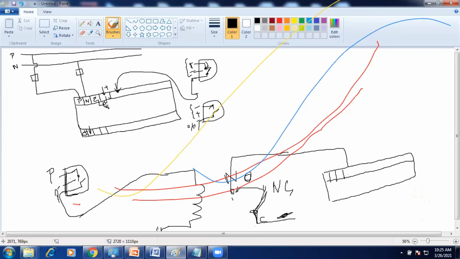Not only for the input side, it is also possible. In that manner, don't confuse, we can use it on the output side also. So why are we using this on the output side? From that PLC, we are getting only 24 volt DC. Okay. So don't assume we can run only DC applications using that PLC. It is not correct. Why? Because using that relay, we can switch DC to AC.